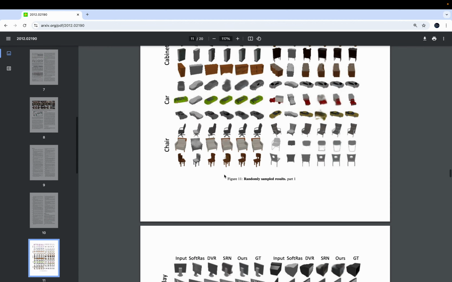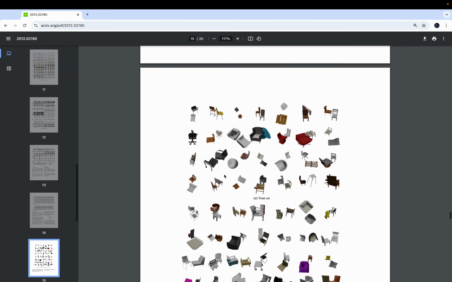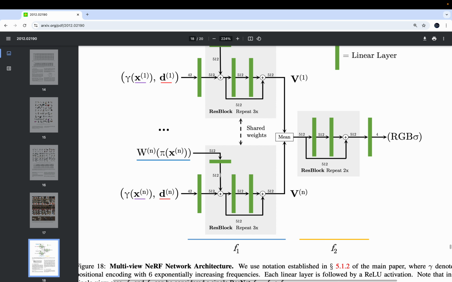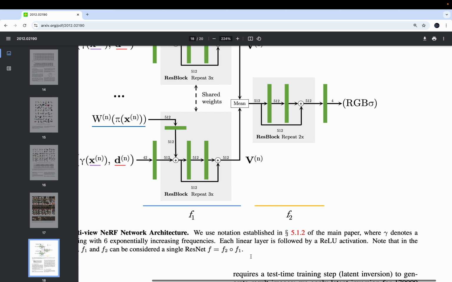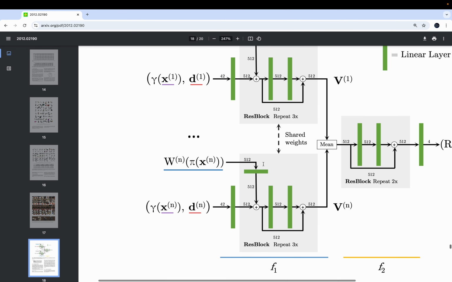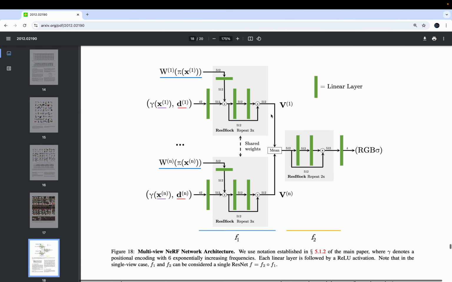Okay, I thought they were explaining the way they aggregate information. I think it's in the supplement. Yeah, so basically they are using, I think, a ResNet. Oh yeah, they are using a ResNet. So they have multiple ResNets with shared weights. Well, they have a ResNet or res block, so for each input view, or for each